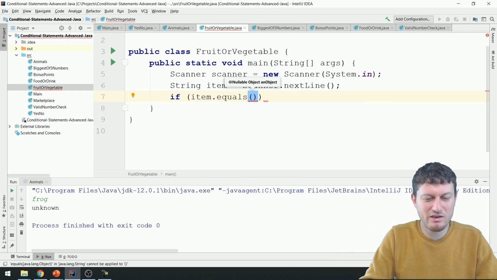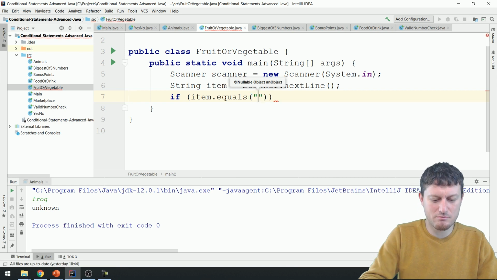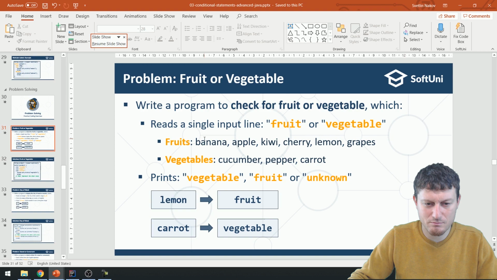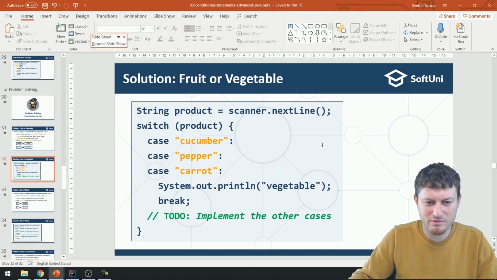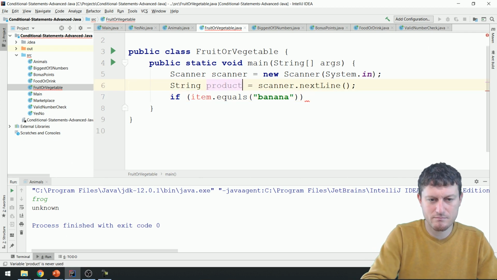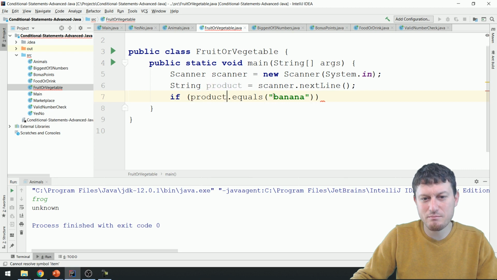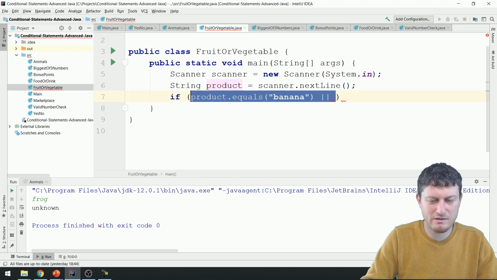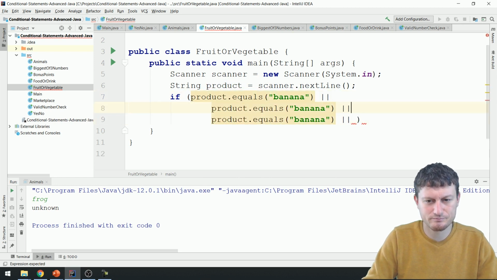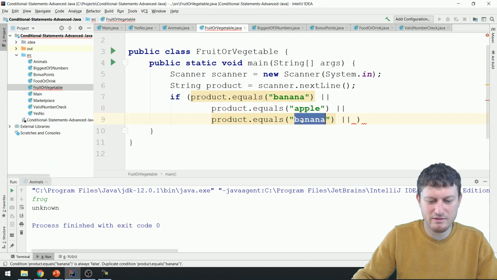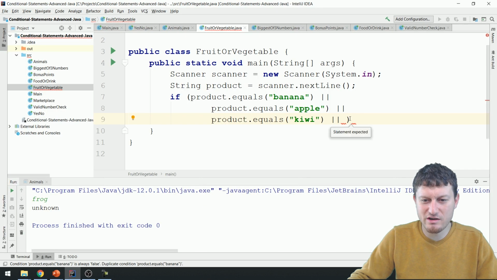But let's see, if item equals banana, what was the list? Banana, apple, kiwi, cherry, lemon, grapes? Oh, it's a product. Product is a better name. If the product is banana, or the product is apple, then kiwi, then cherry, lemon,